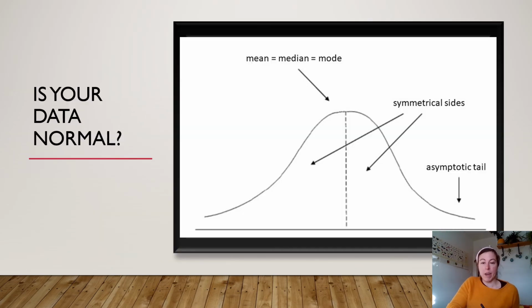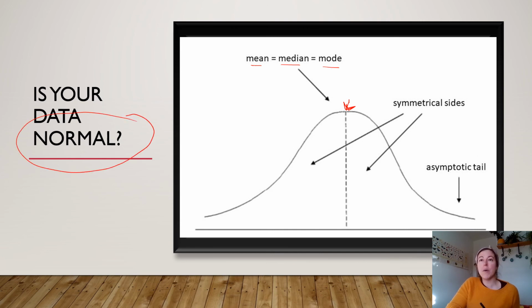So as I was saying before, with that normal curve, your mode is your middle number, is your mean. So your average, your middle number, and your most frequently occurring number are in the same spot. This makes your data really strong because you can compare your mean and you know that your mean is the middle of your population and also most of your population. The mean represents the majority of the population. So that makes for really strong data. We call it the normal curve because it